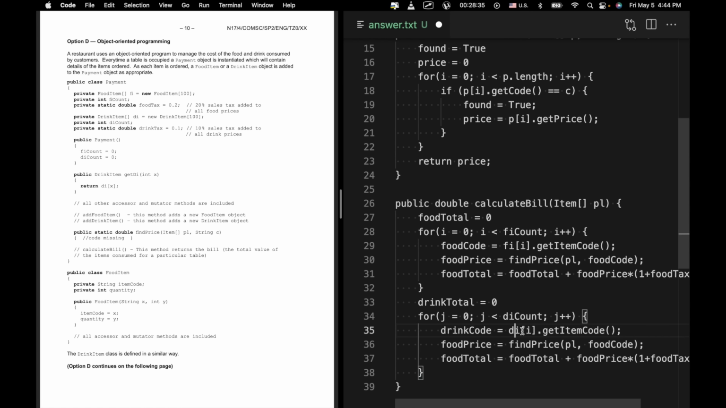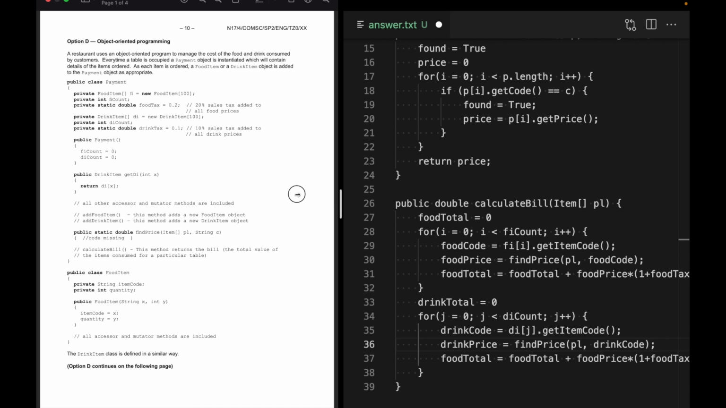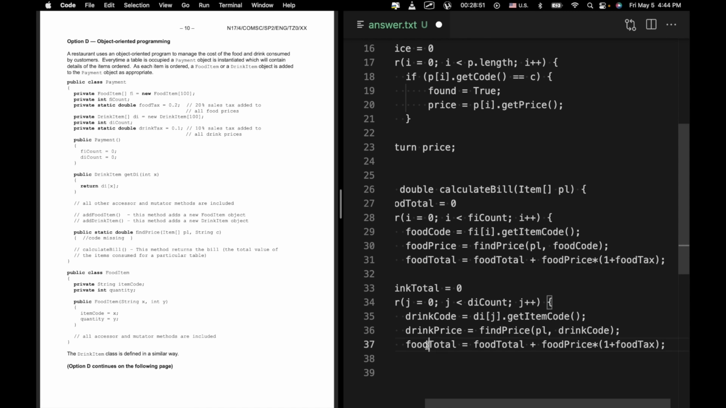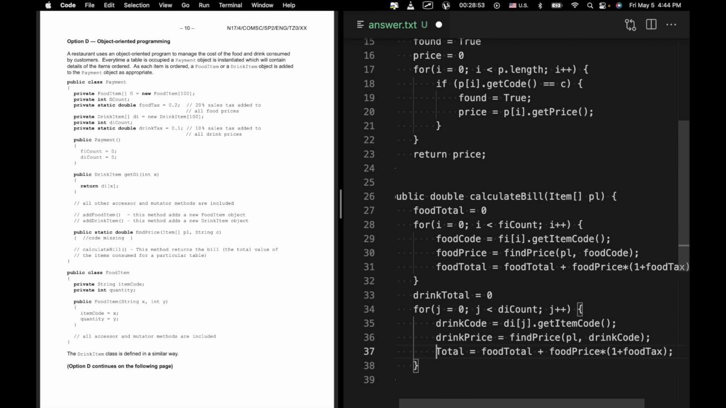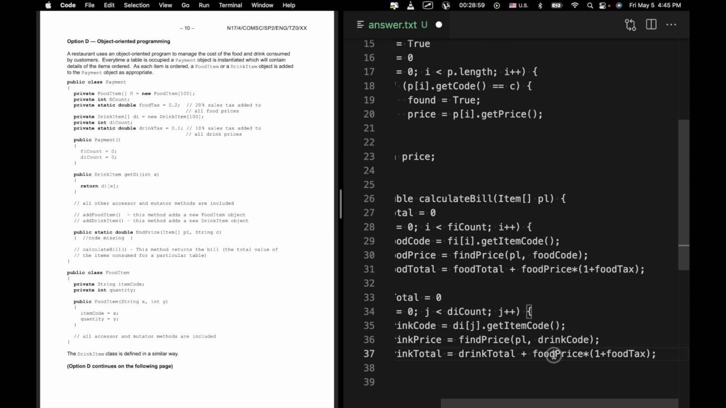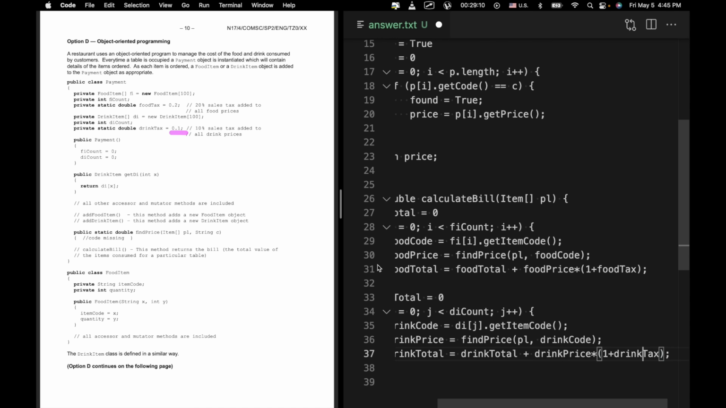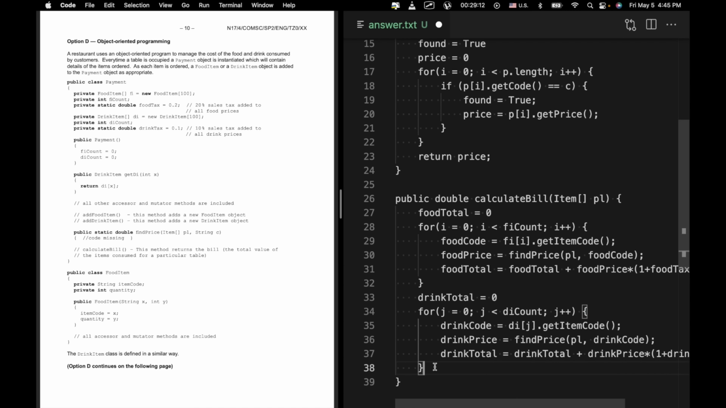You get die, drink price, drink code, and I'll just move this over a little bit. And then we're going to change this to drink total. Drink total plus drink price for that particular item times 1 plus drink tax, because drink tax is different. The drink tax is only 0.1. And then we can say that the total,